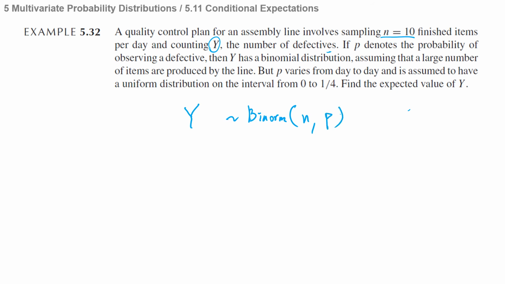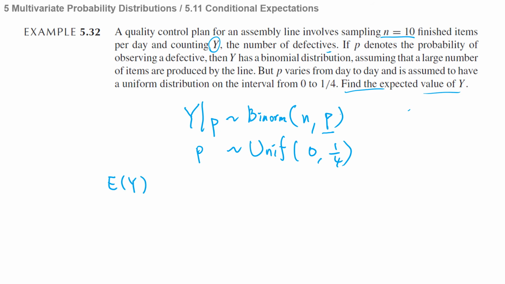Assuming that a large number of items are produced by the line, but p varies from day to day and is assumed to have a uniform distribution on the interval from 0 to 1/4. And so actually this p is also a random variable. So this is y given p. When p is given, y follows a binomial distribution with n and p, and p follows a uniform distribution from 0 to 1/4. Okay, so we want to find the expected value of y,